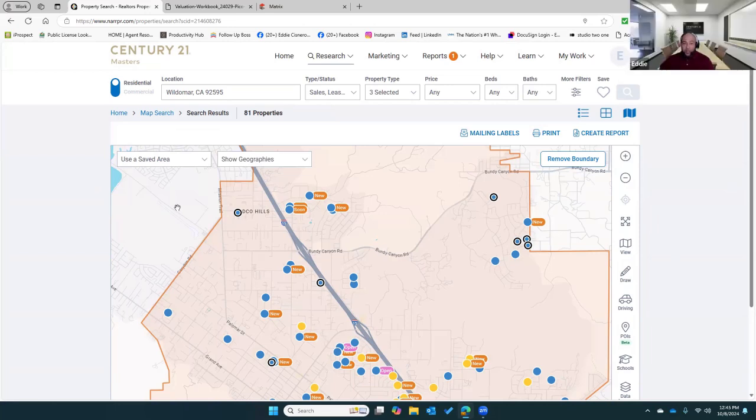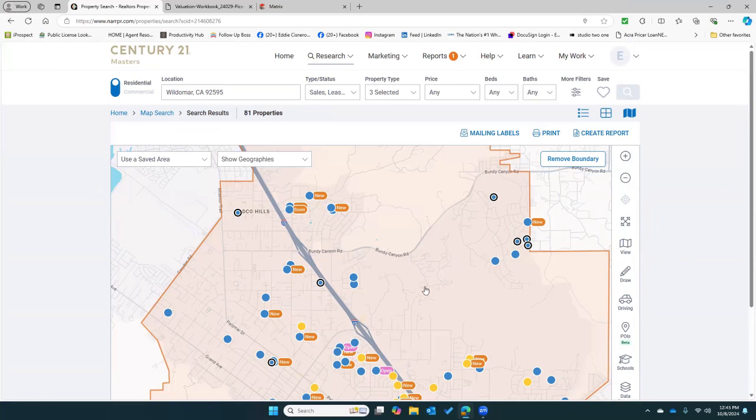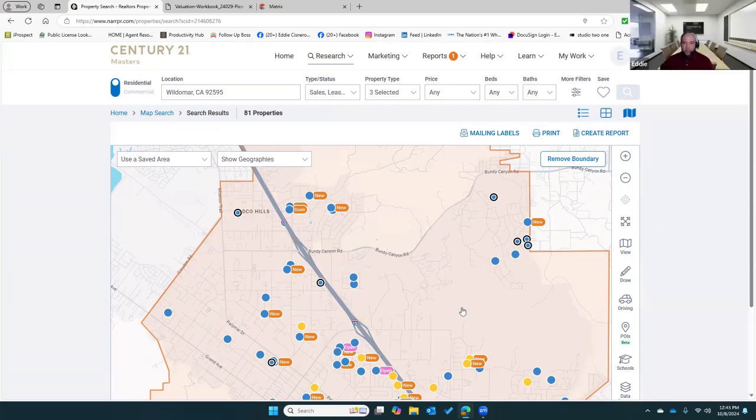That is one way to do it, but okay, I'm going to do a report for Wildomar because I have, let's just say, quite a big database in Wildomar because that's where I farm a lot. So from here, I could just